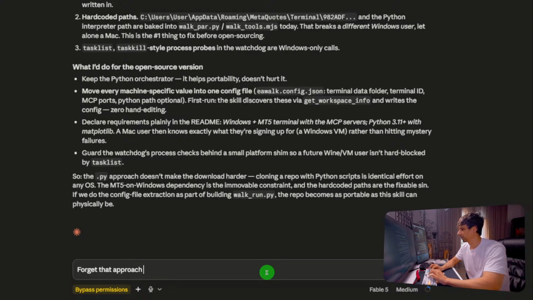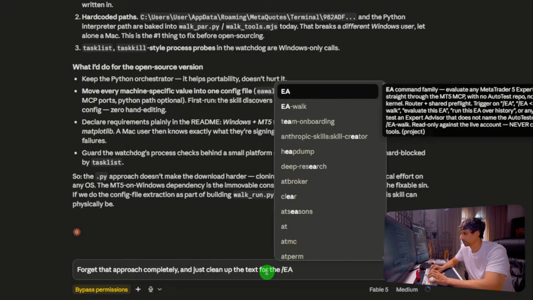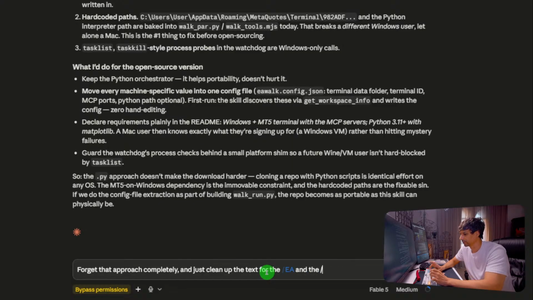Okay, forget that approach entirely, completely. That was my bad, spelled it wrong. Forget the approach completely and just clean up the text for the EA and the EA